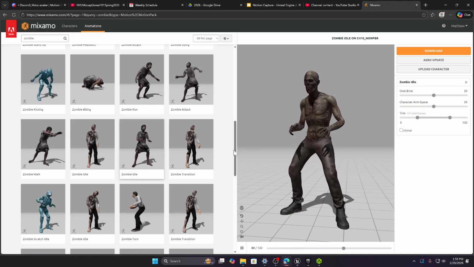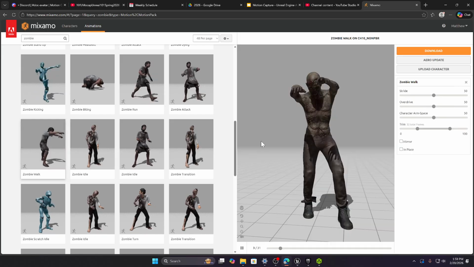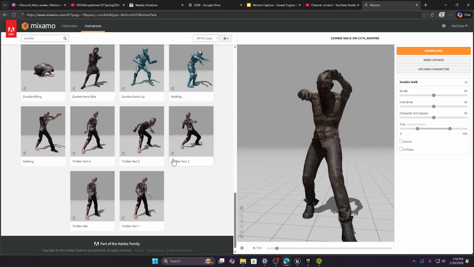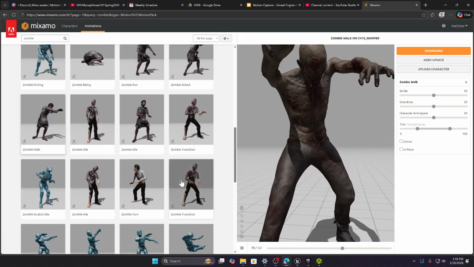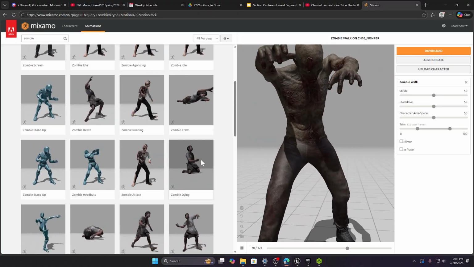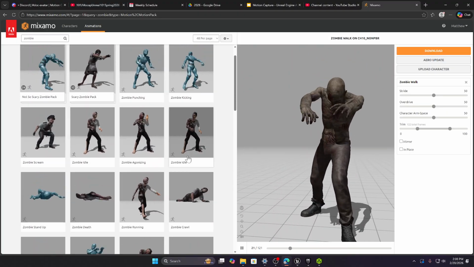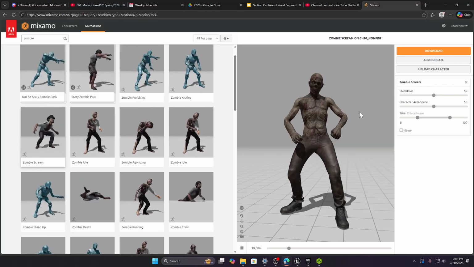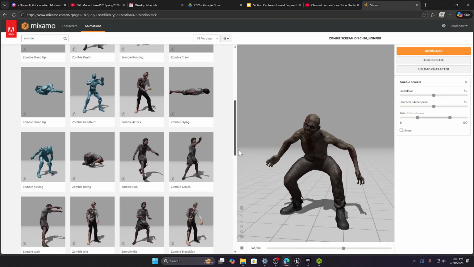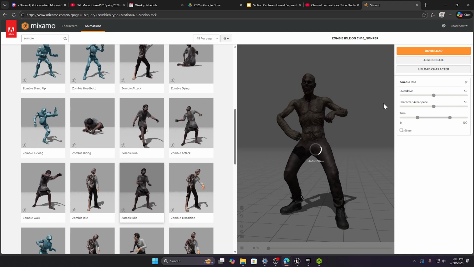So I'm gonna get this idle animation. I'm gonna get the walk. And I don't know, there's not really a good transition for him. Maybe the scream. Yeah, I'm gonna get all three of those. So I kind of need to get them individually here. So I'm gonna get the idle,